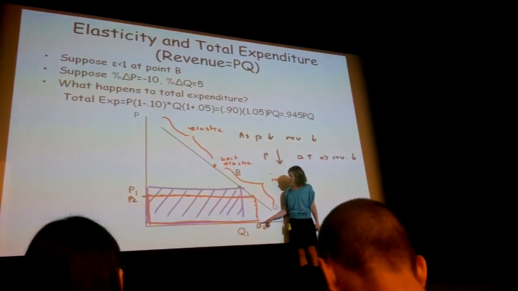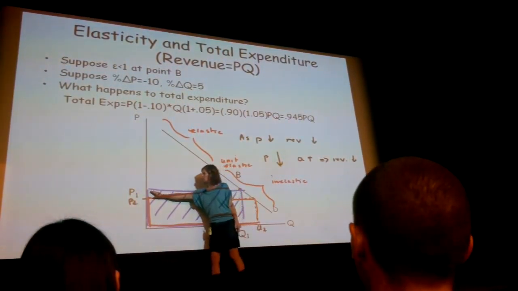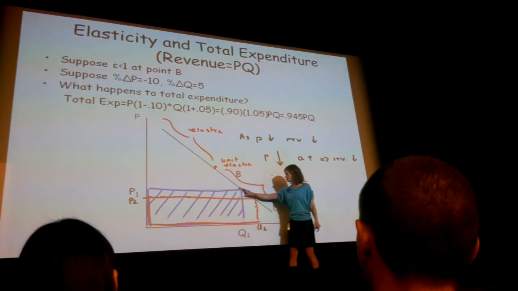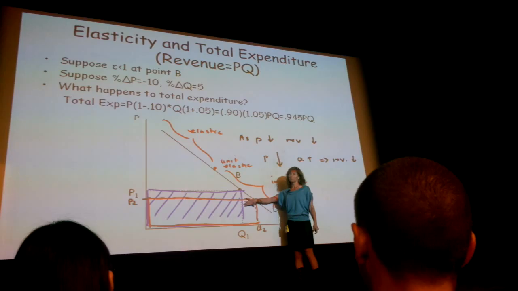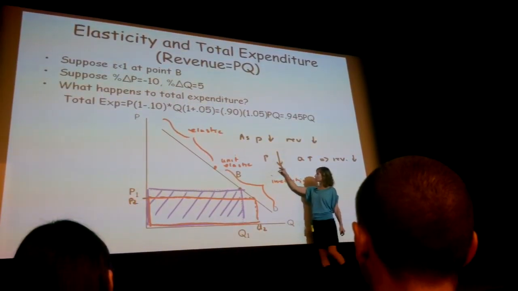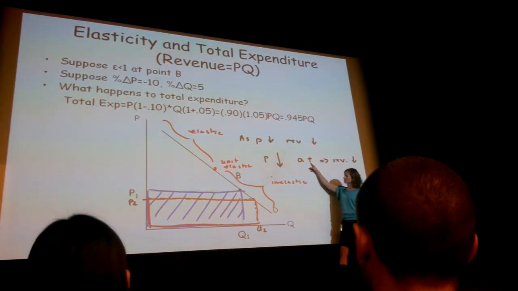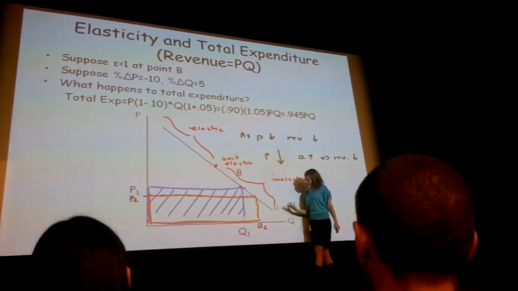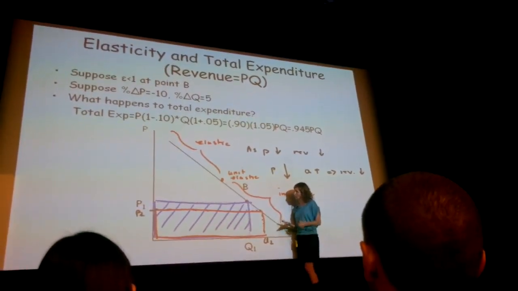And what you can see is you're losing some revenue because price is now lower, and you're gaining a little bit of revenue because quantity demanded is higher. Okay, so again, you're losing some revenue because price falls, and you're gaining some revenue because the quantity demanded is larger. But what I want you to try and see here, and again, I know that what I'm about to do is very informal, but I sort of did a formal thing up there,